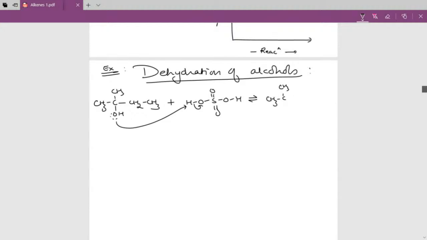CH3 CH3 OH2 plus, CH2 CH3, plus HSO4 minus. So protonated alcohol is formed. Now this protonated alcohol will release water. So water is gone and we'll have